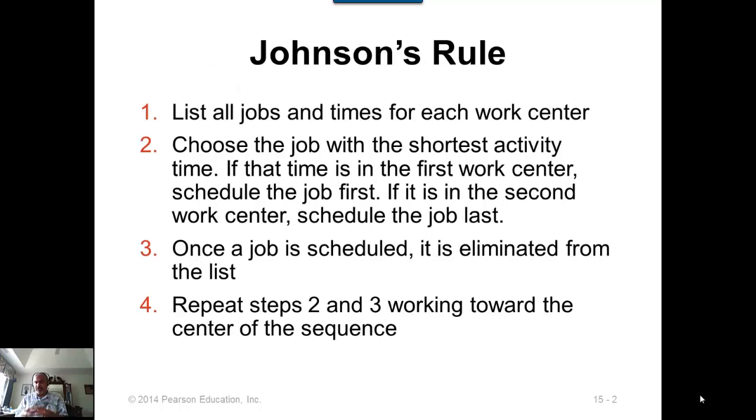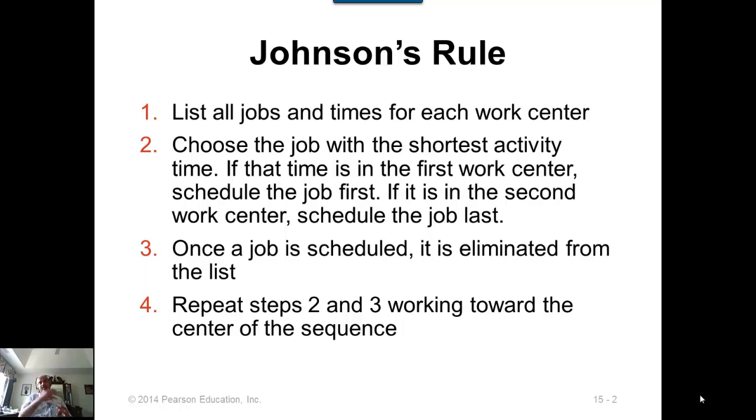To apply Johnson's rule, there are two steps to it. One is you have to figure out the sequence in which the jobs should be performed. So that's step one. And the rules for that are described here. And I'll illustrate the rule when we work out an example. Then once you have done that, you have to prepare a Gantt chart to see where the idle times are.